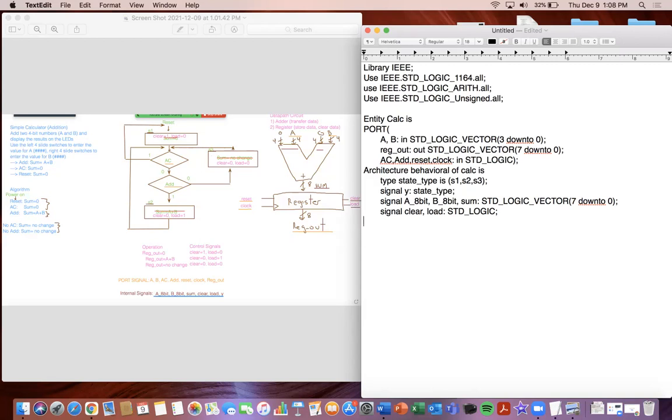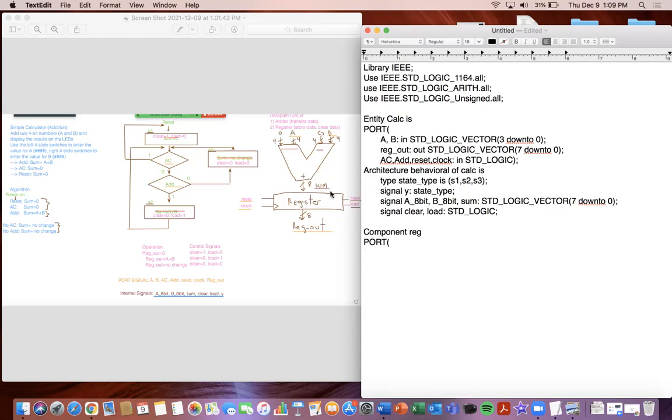And so I'm going to go basically off what we have here. So let's look at the component for the register. Why we need to include that? Well, we have a register component in the diagram. Look here, one register. So component register, what I have for my ports here. Let's look at what do I have coming in. So I have clear, I have load, I have reset, I have clock, I have reg out, and I have